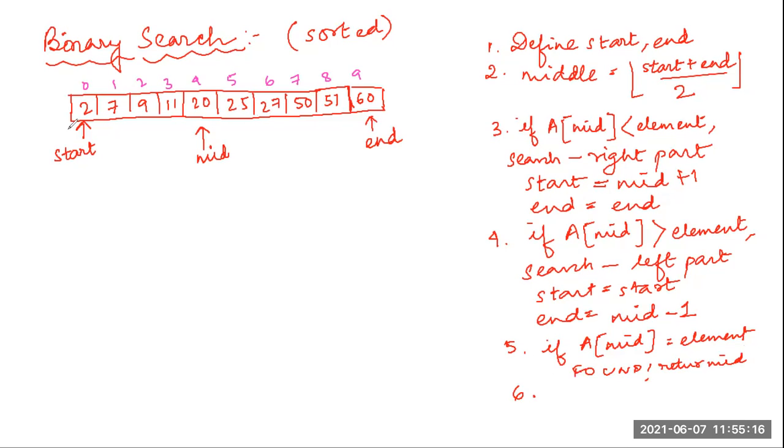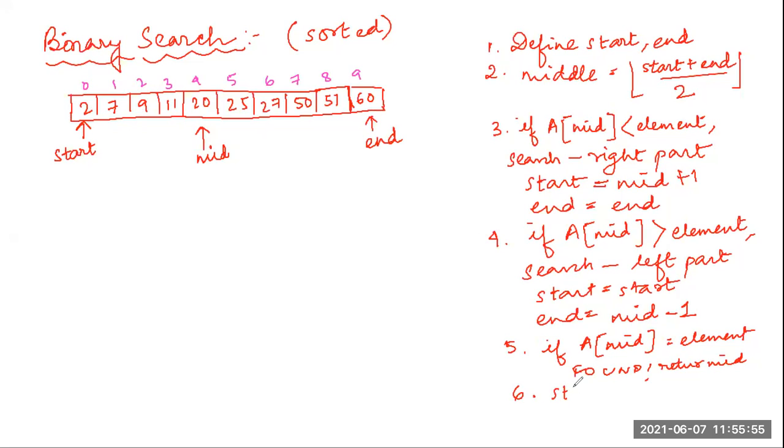First your start was here, then in the next iteration your start is here, then in the next iteration your start is here. That is, a time comes when start and end are pointing at the same location. Or if you are interested in the left part, your end is here in the next iteration. A time will come when your end is here only. That is, in either case, either the end is updated or the start is updated in each and every iteration, and lastly it points at end.